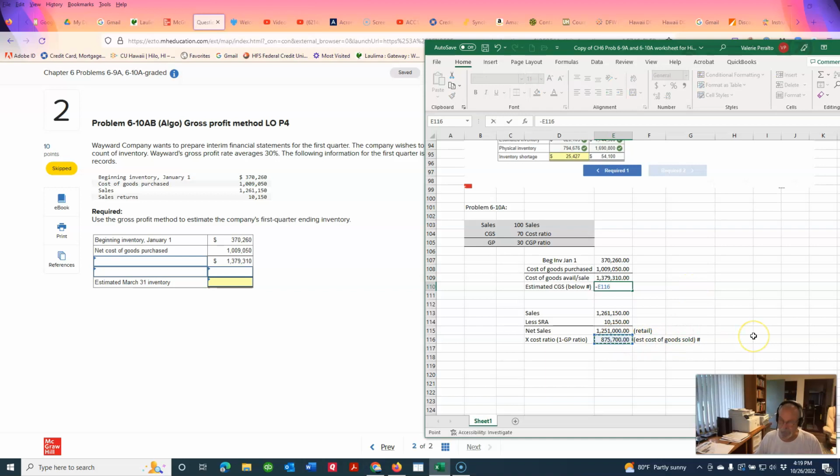So we subtract our estimated cost of goods sold, and the difference is our estimated ending inventory